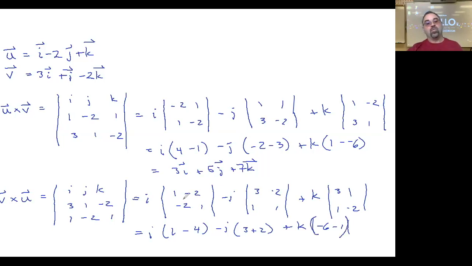So by cross producting in the other order, we get a vector that's still perpendicular to both those vectors and perpendicular to the plane that's in them. It's just going the opposite direction. So if this was my plane